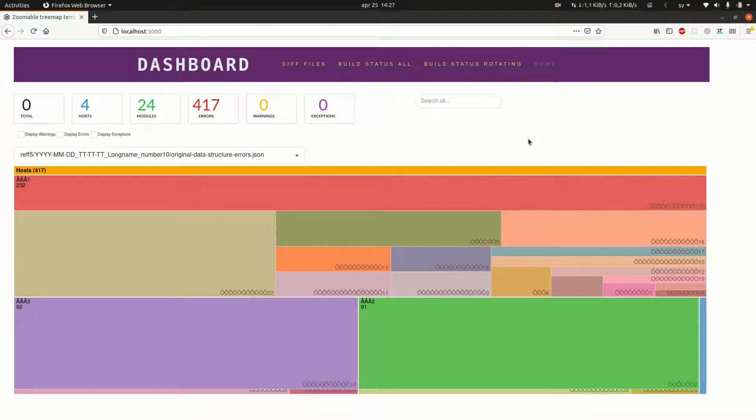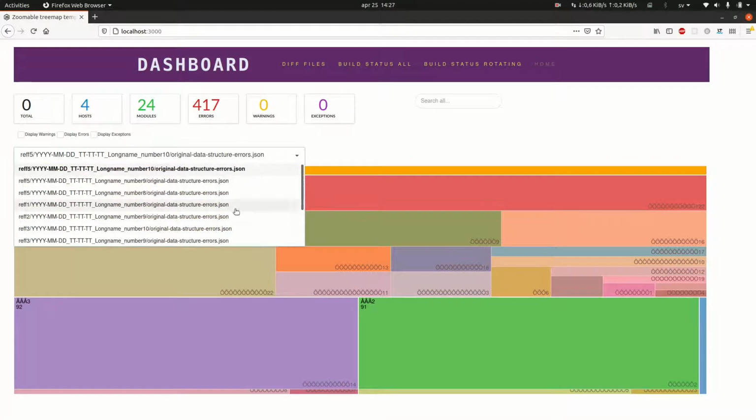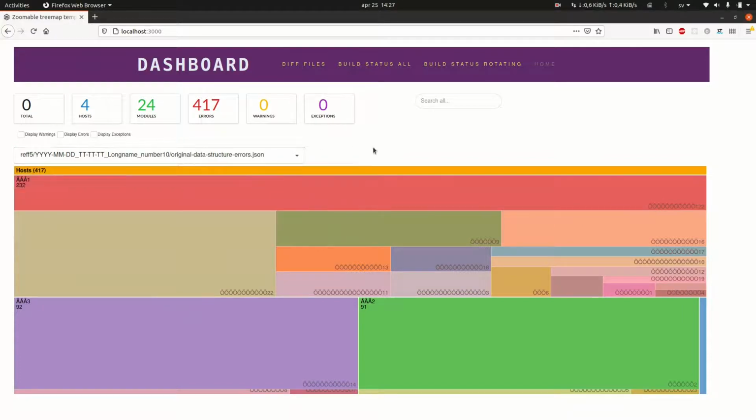Hello. We have built this dashboard to help the integrators at Saab to find errors in their builds. And normally an integrator will go to a JSON file and manually grep for their error. But we have tried to simplify it and made a tree map, a graphical view, so the integrators can find their build, click on it, and then